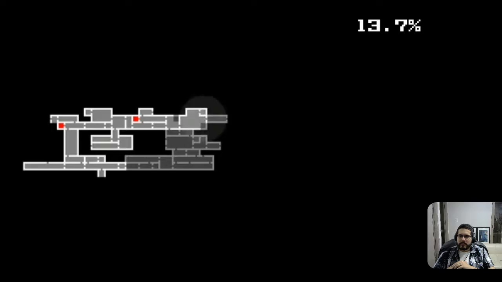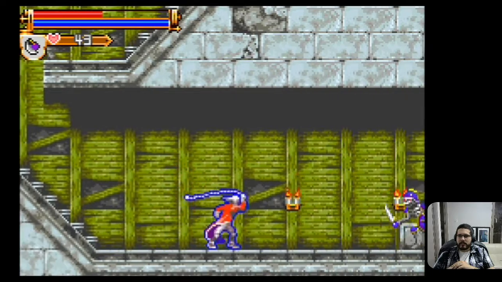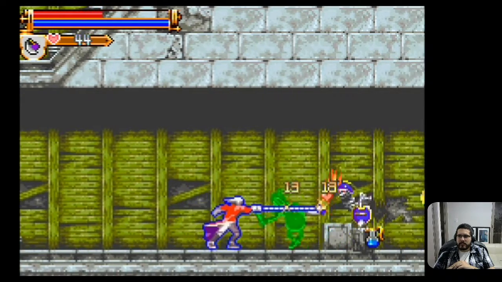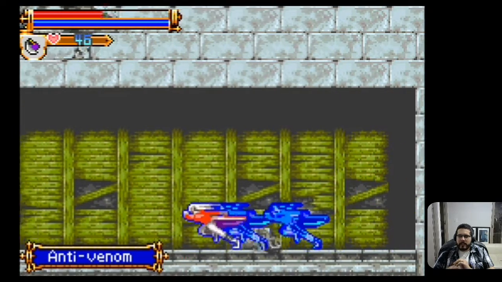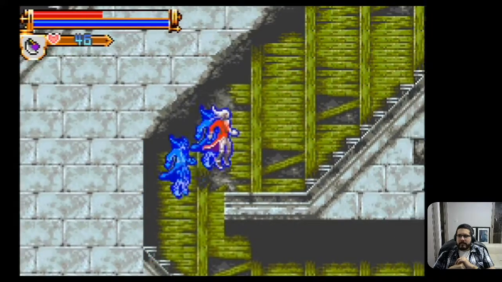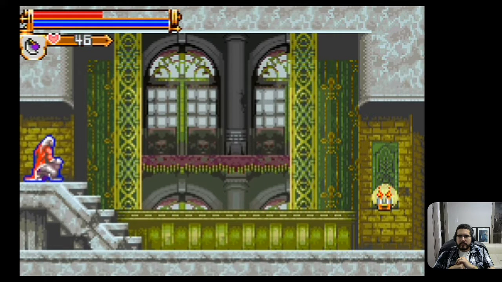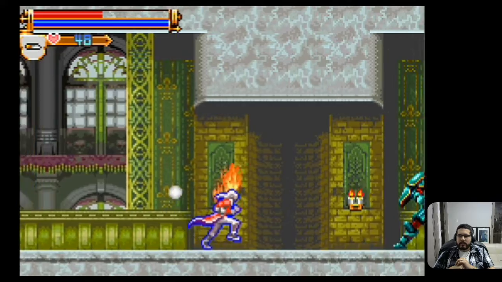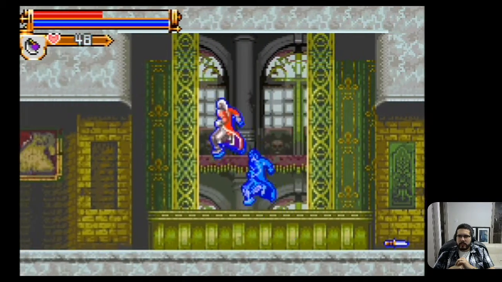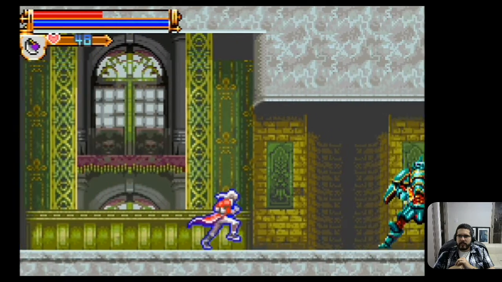Alright, let's see. See what's down here first. The dead end, so skeleton. Looks like item? Potion maybe? Yeah. Potion and anti-venom. See here. Not sure what I'm doing there. Oh, I don't want the knife. I always thought the knife never did enough damage, but...